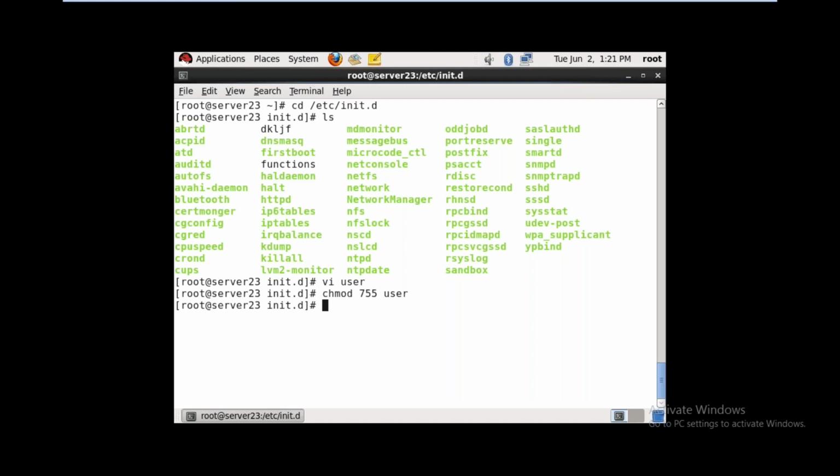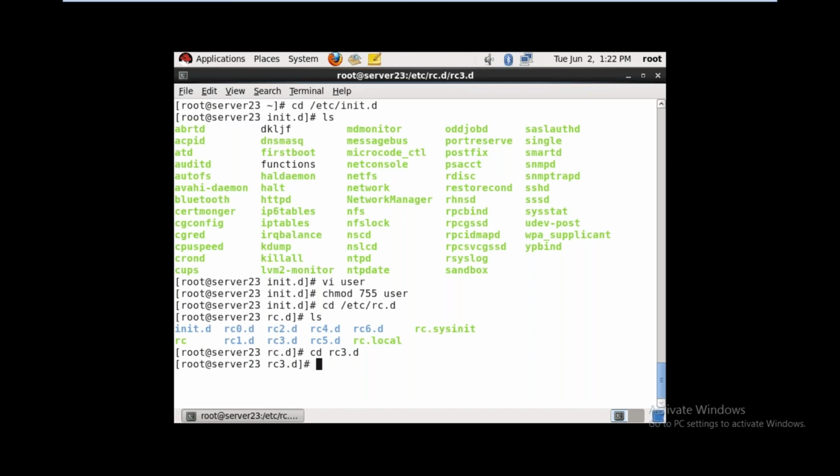Then in whichever run level you want to run it, go to the particular directory, /etc/rc.d. Here, in whichever run level you want to run, go to that particular run level. For example, rc3.d. I want to run the script in this run level.